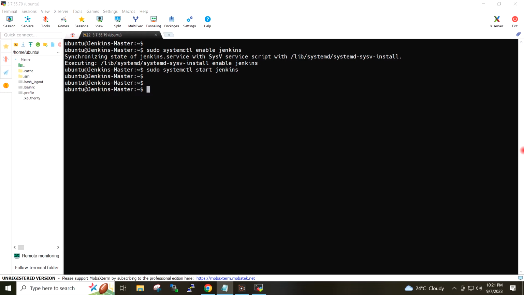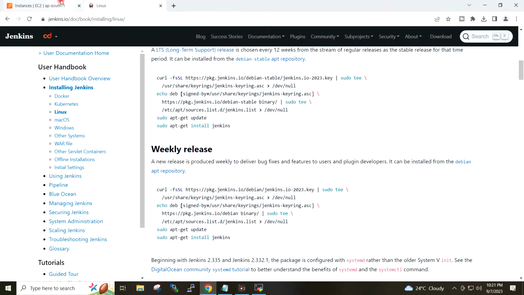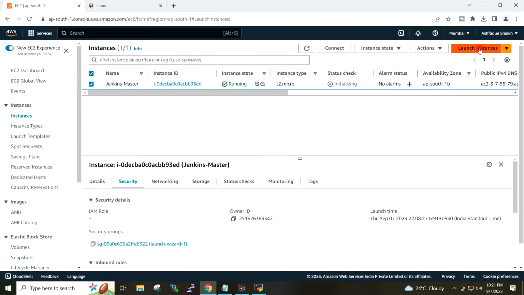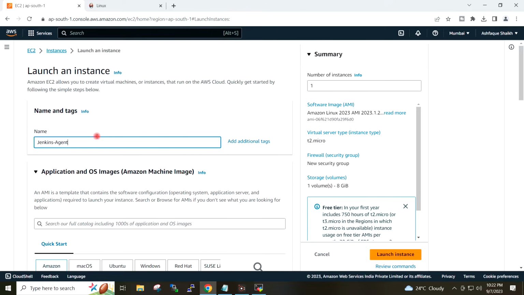If I give the command systemctl status jenkins, Jenkins is running in my server. Now I will again go to the AWS console and create one new virtual machine called Jenkins agent. Name I will give Jenkins agent.